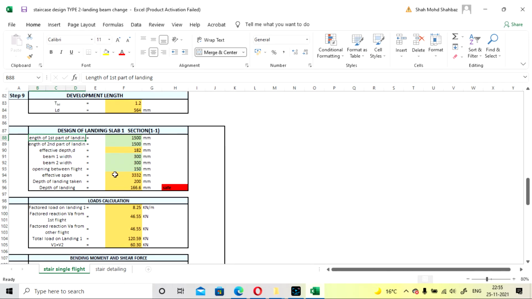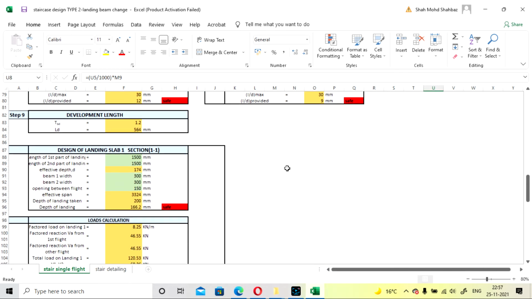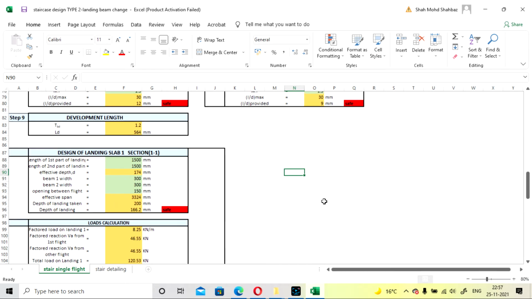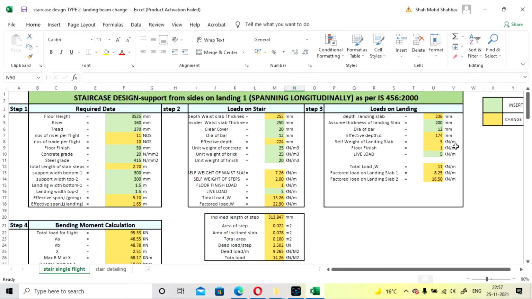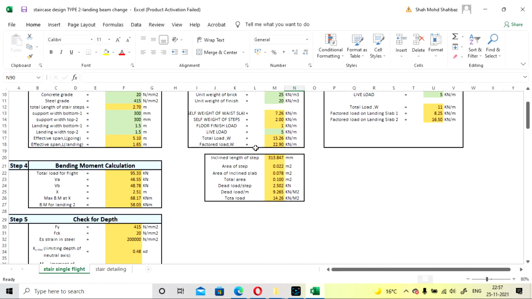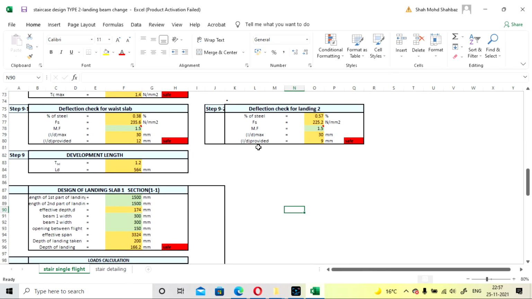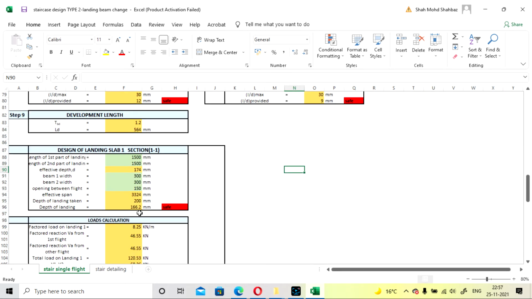And effective span will be calculated as 3332. Okay, here, so effective span will be calculated as 3324, not 3332. So there is some mistake, I have corrected it. So effective span is calculated as 3324.